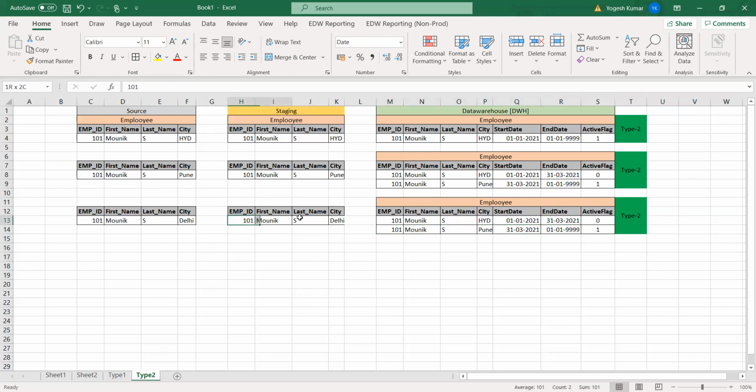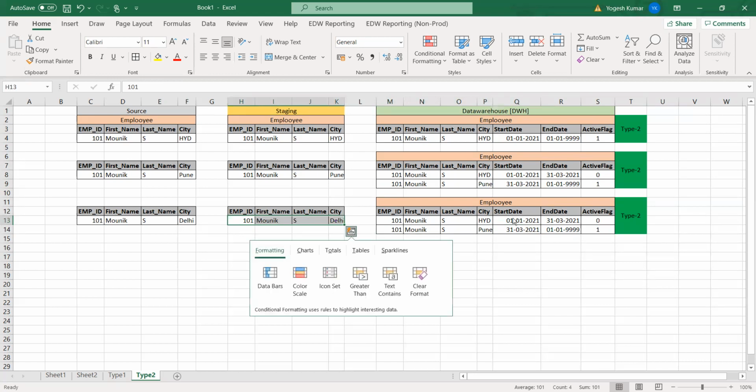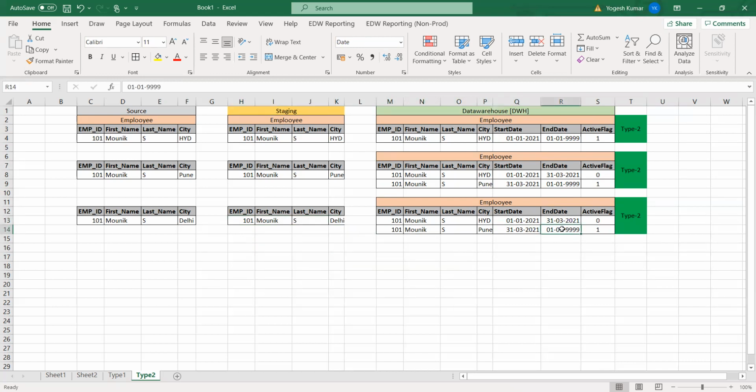Then the end date will be changed to 31/05/2021. The active flag will be 0. Now a third row will be added with Delhi, and the start date will be 31/05/2021. And the end date will be something like null or blank or 9999.